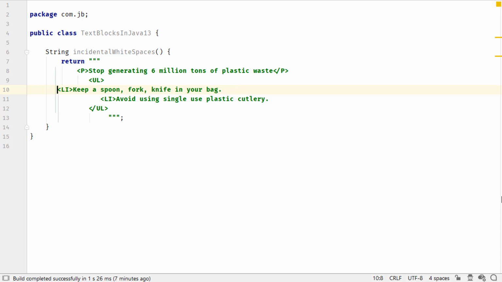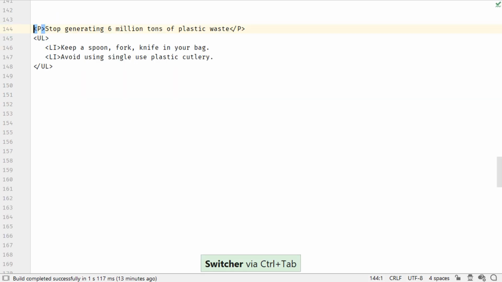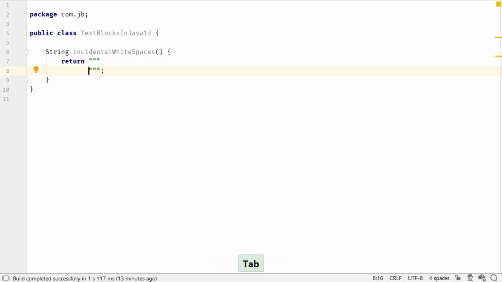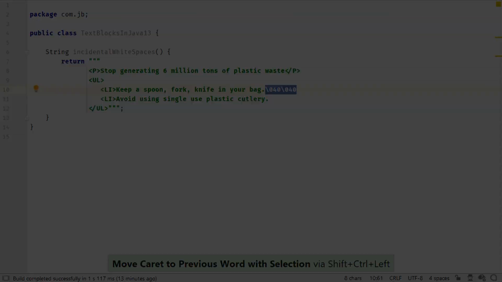Here is how the vertical bar in IntelliJ IDEA lets you visualize the starting position of your text block value. By default, the trailing white spaces are removed in text block values. To add them forcefully, you can use this value. Or when you copy-paste the value with the trailing space, IntelliJ IDEA inserts it for you.